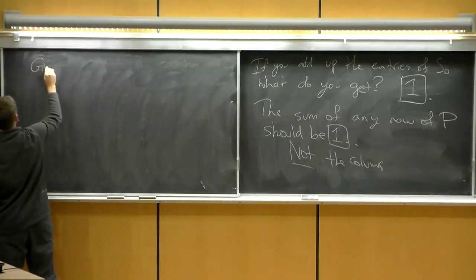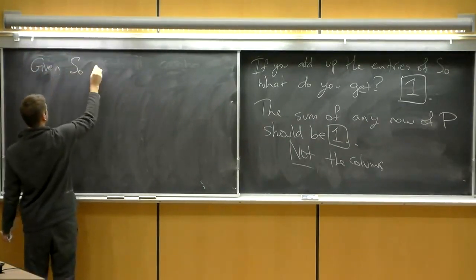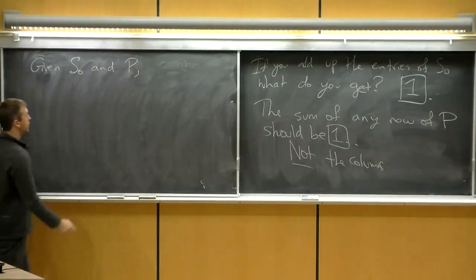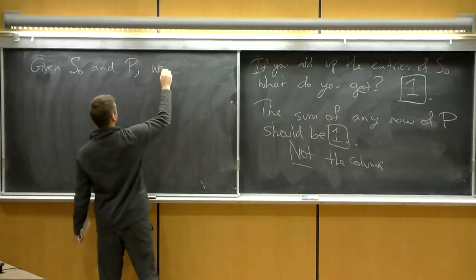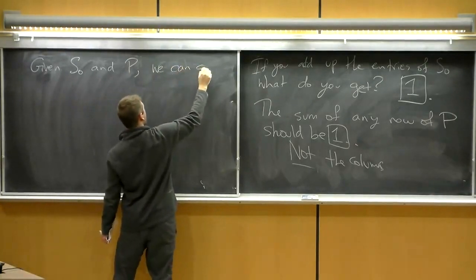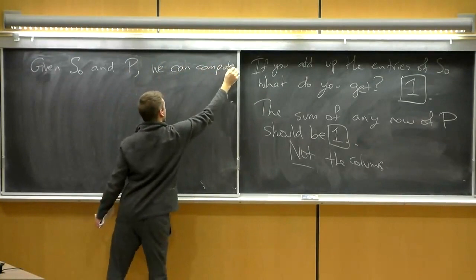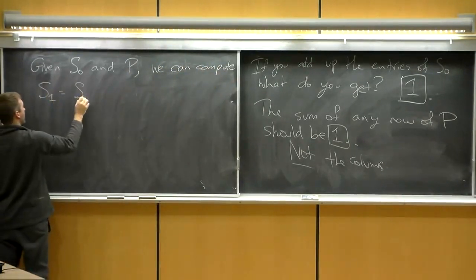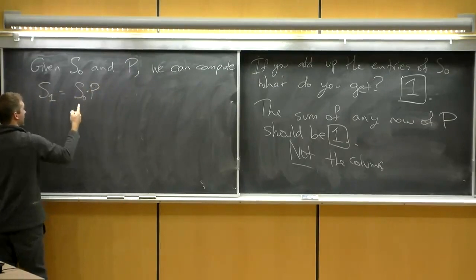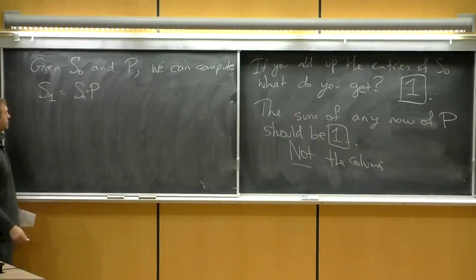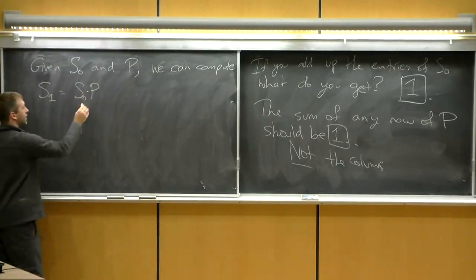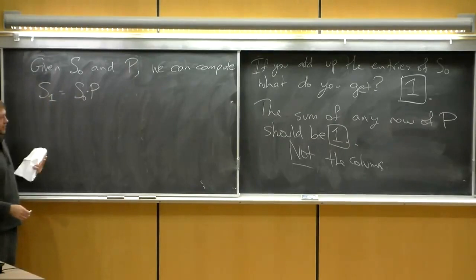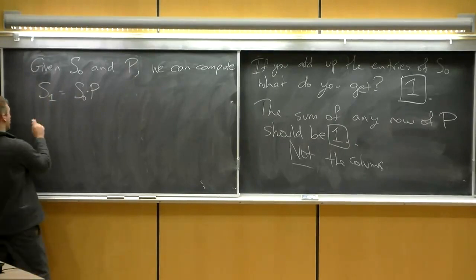So given S0 and P, we can compute S1, which is going to be S0 times P, where here we're doing matrix multiplication. Okay? And this is going to tell us,